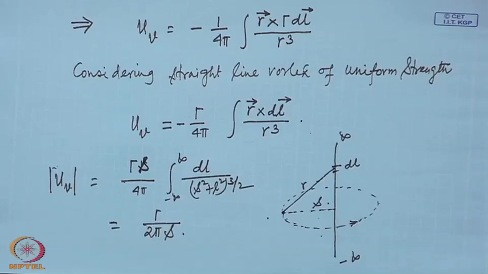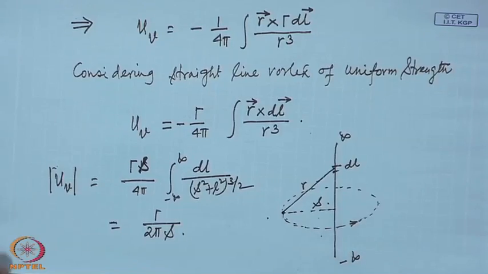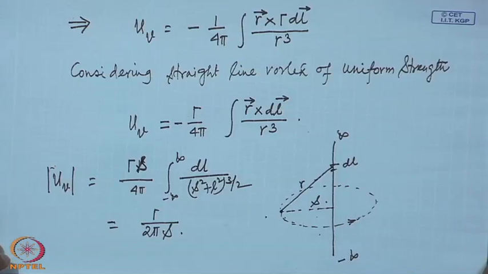So, you see, the velocity at a point simply depends on the perpendicular distance of that point from the line. Similar thing as we obtained for a line source, if you remember that for a line source also we had a similar sort of velocity distribution. And the direction is in the sense of, you see, this